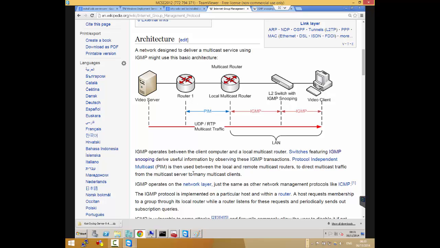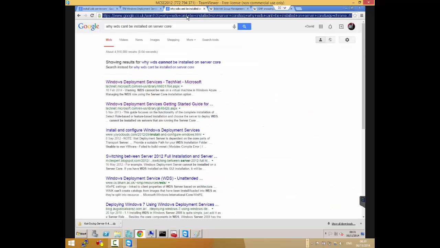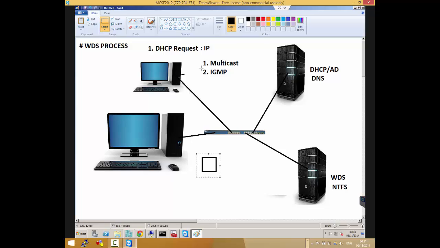So those are the two main things. I've forgotten which Microsoft page, but it's on a TechNet article somewhere. Those are the two prerequisites: the router or the switch must support multicast, and then it must support IGMP. It can work if it doesn't support IGMP. If it supports multicast, it will still work, but it will function like a broadcast. One stream will go from this one, so it won't send multiple streams.